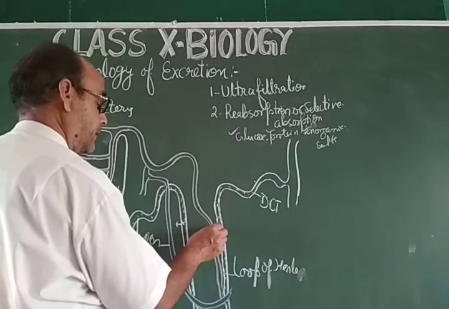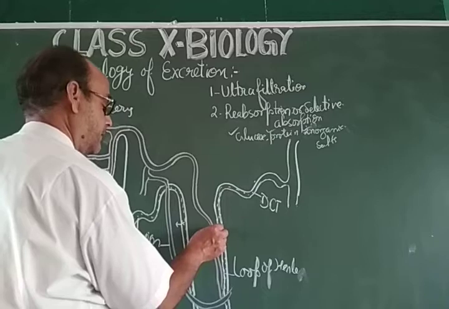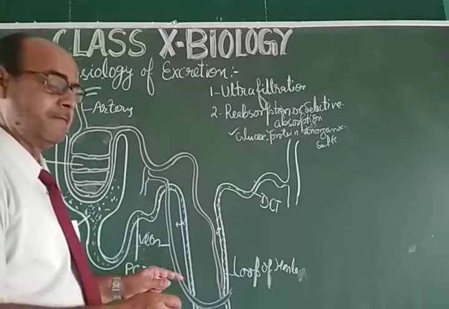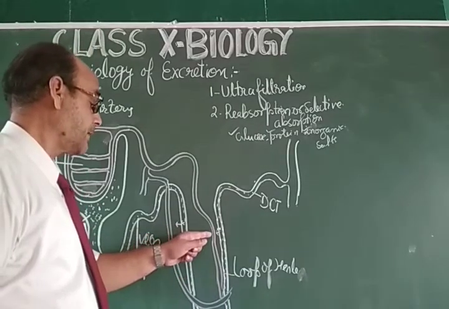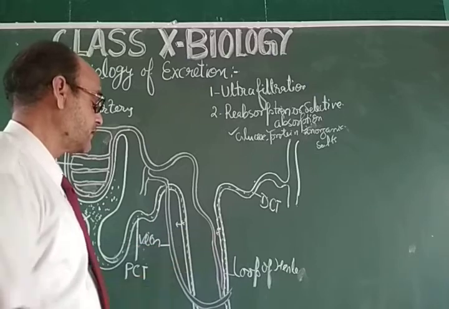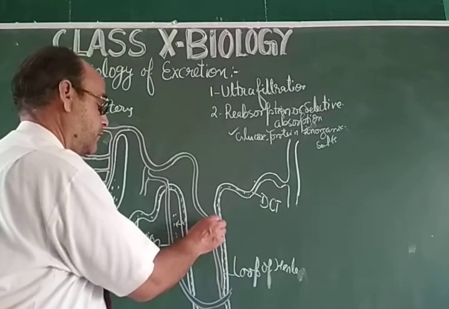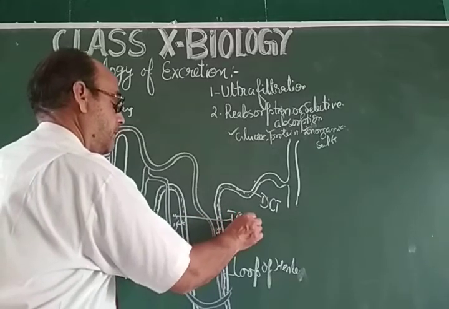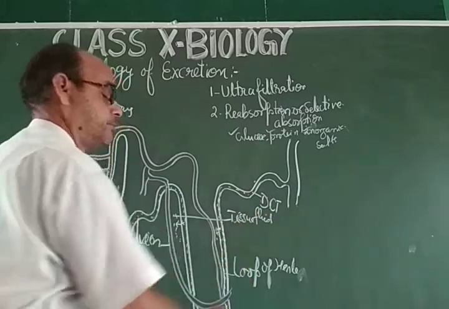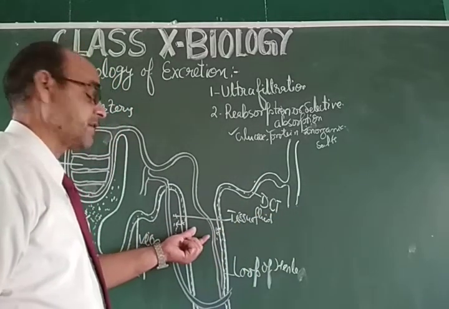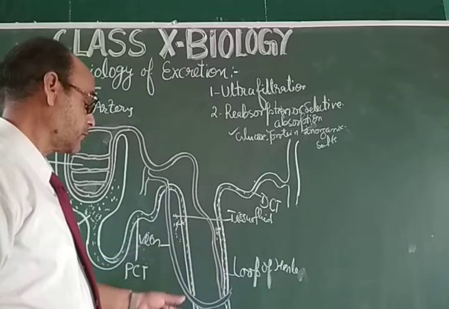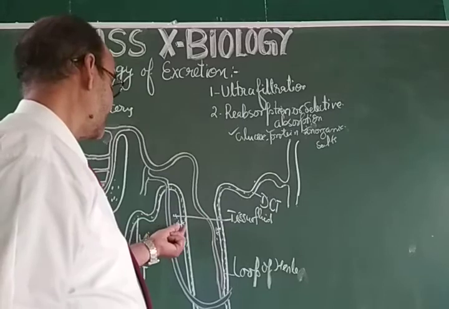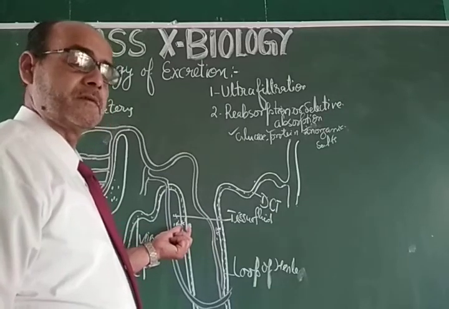They absorb and they secrete out, and when they secrete out these materials, then there will be the reabsorption by these blood vessels from this tissue fluid. This is the tissue fluid, and from this tissue fluid the blood vessels which run throughout this tubule will be able to absorb these contents which get secreted by the tubular secretion.